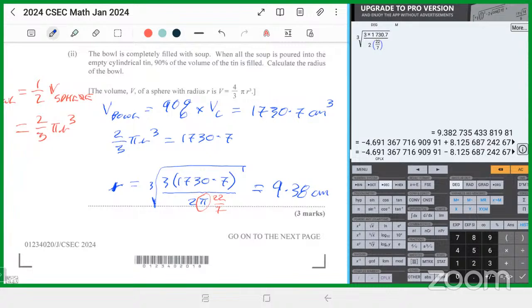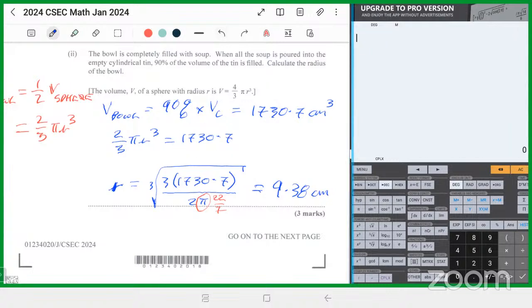Yeah, that's it. We can double check it. Let's make sure. We can double check it by calculating the volume again right here. If we calculate the volume again, just to double check the value that we have, it will be 2/3